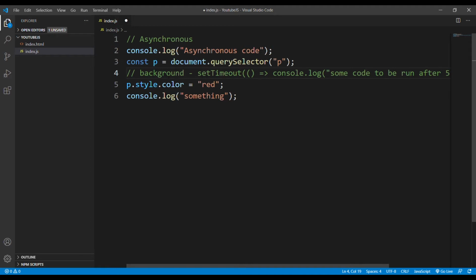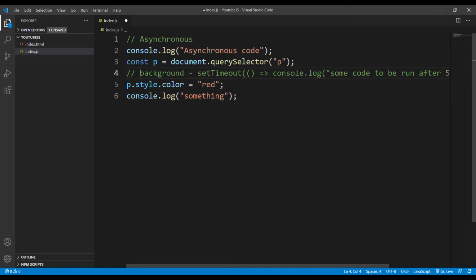Okay, so I hope now there is some clear understanding of asynchronous code, like what we mean by asynchronous code in JavaScript. The main application of asynchronous code in JavaScript, or we can say the use case of asynchronous JavaScript, is AJAX calls. We're gonna talk about that a little bit later.